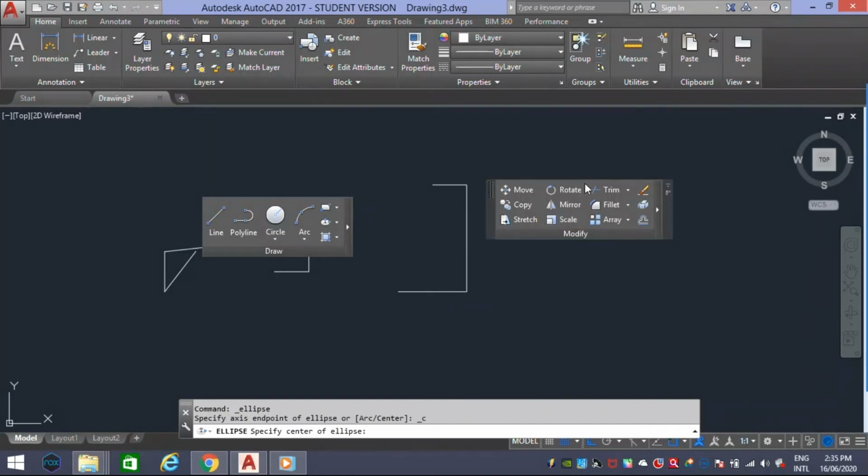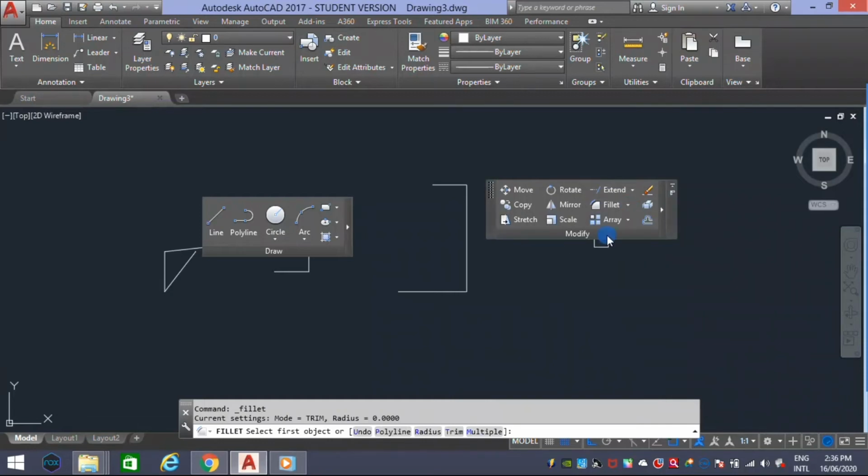Next one is trim. Trim objects to meet the edges of other objects, that is perpendicular or connecting horizontal and vertical or angular. And next one is fillet. In this trim we have one more option called extend, to meet the edges of another object. This is also helpful. And the next tool is fillet, rounding the edges. And fillet options are chamfer and blend curves. Chamfer you already saw in the rectangle, same kind of thing here also. And the next tool is array.